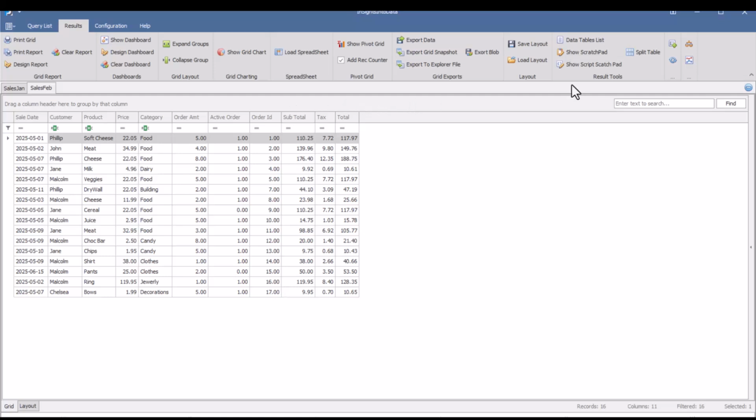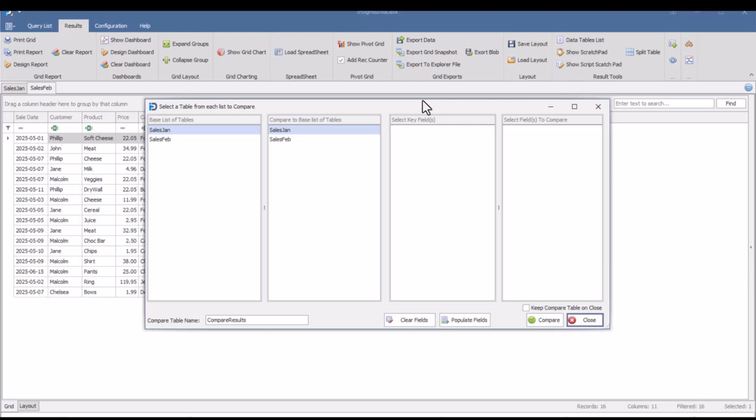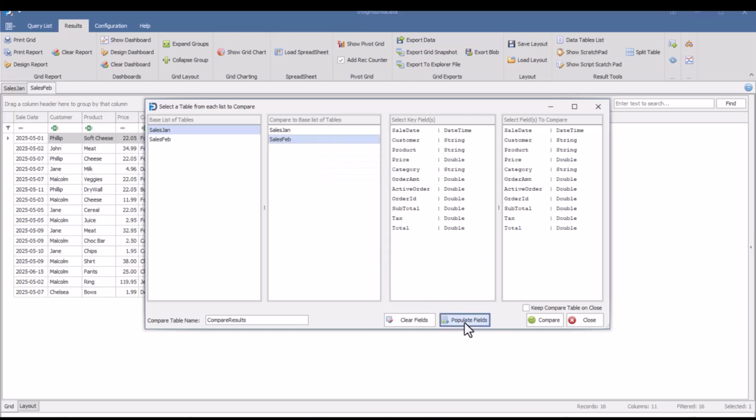To start the comparison tool, simply click on the button in the upper right-hand side of the ribbon bar at the top that contains a gold balance scale. Note that this button will only appear once you have two or more data tables in memory. Once the comparison form is shown, you will need to select the base table for the compare and the table to compare against it. In the example shown, we will choose Sales Jan for the base and the Sales February for the comparison. Once that is done, we will click the Populate Fields button in the lower part of the